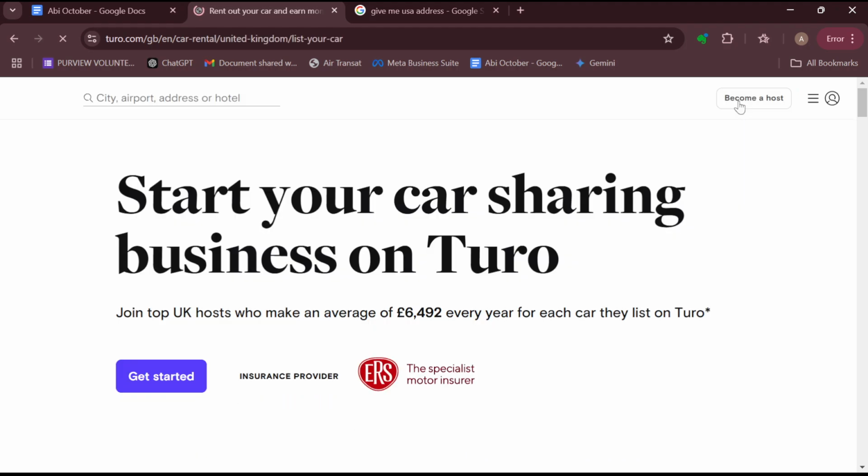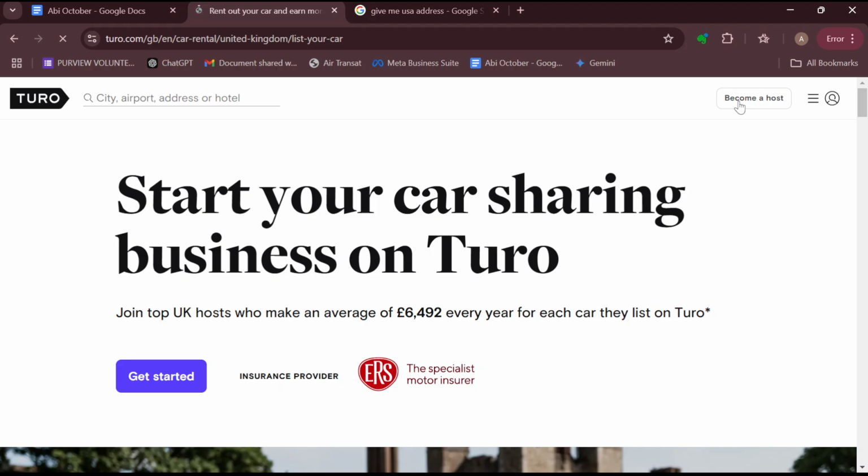By selecting that, in order for you to become a host, it simply means renting your car, or listing your car for rental. That's the meaning of becoming a host, okay? So once you're on this page, scroll down and then click on Get Started. And then you'll be taken to the list your car page where you can